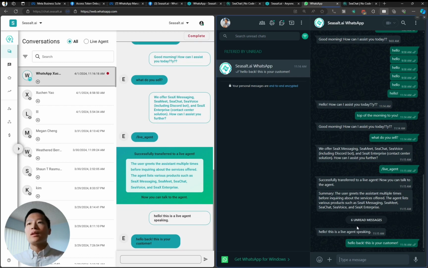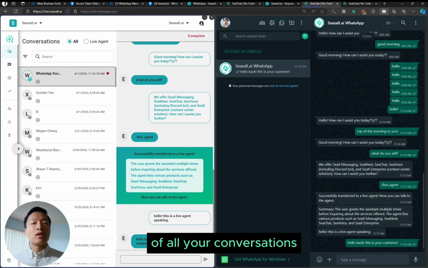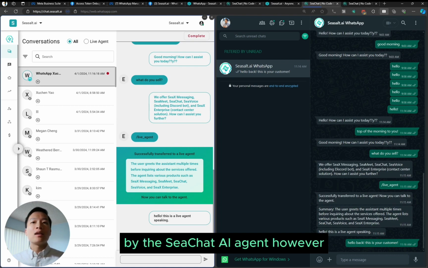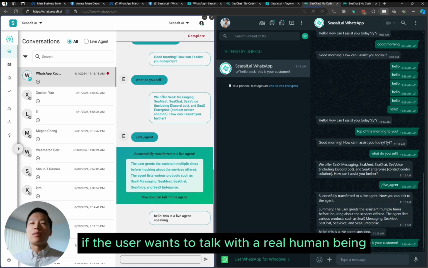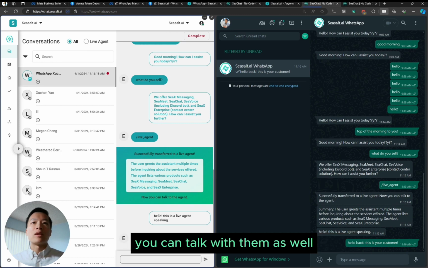But the user can also access the live agent over here by using the secret token, and then the live agent can talk with the user. You would expect maybe 90% of all your conversations will be handled automatically by the CChat AI agent. However, if the user wants to talk with a real human being, you can talk with them as well.